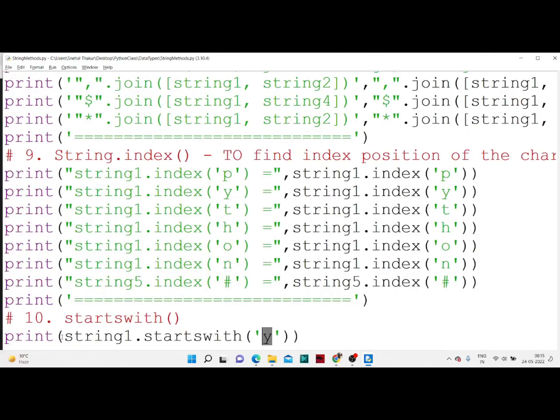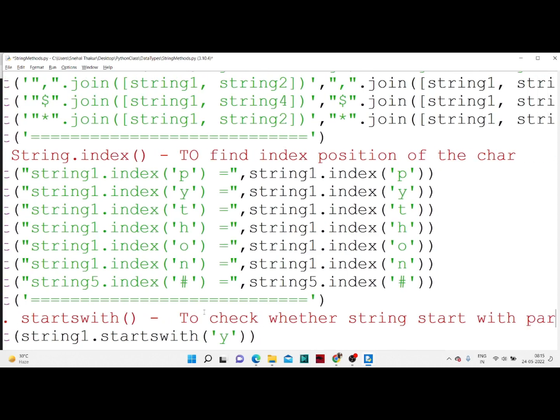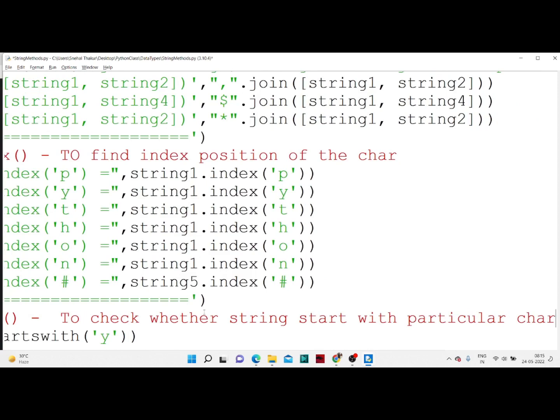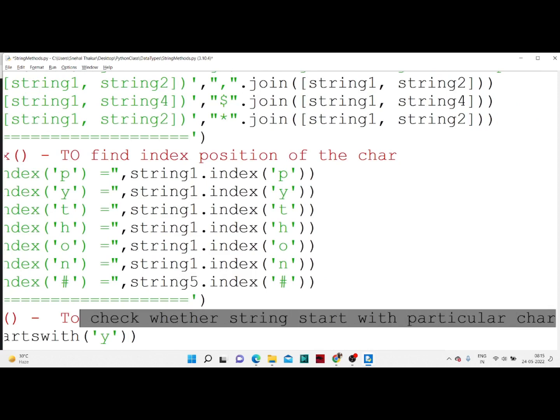similarly we have one method called endswith. This startswith is used to check whether the string starts with a particular character. This char stands for character. Okay,